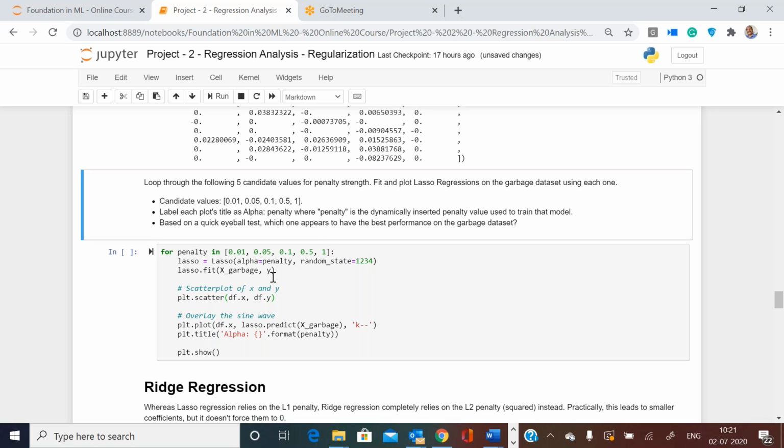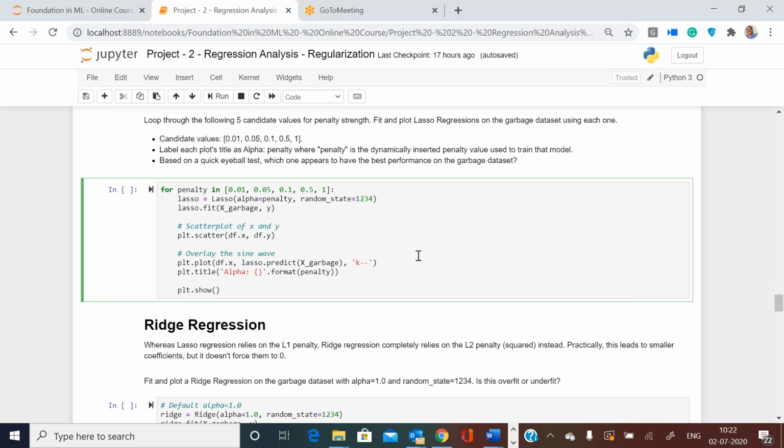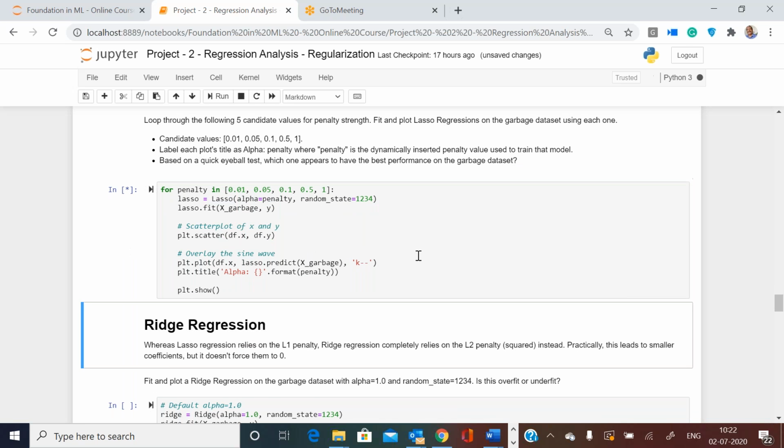I want to see all these values, so I put it in a loop. For every value of lambda in this list, I am going to plot, and on the header I will put alpha equal to that value, and plot all 5 of them at once using my for loop.